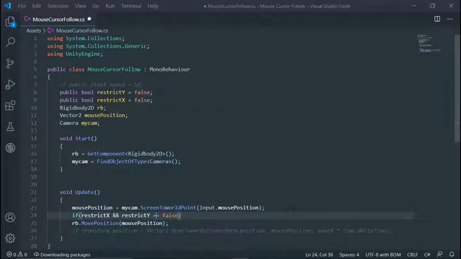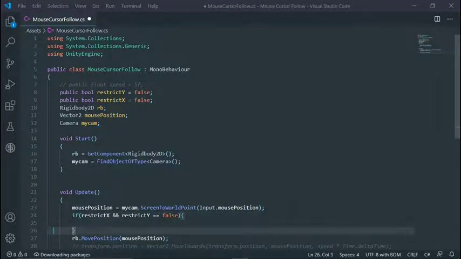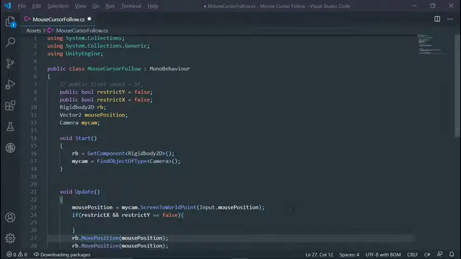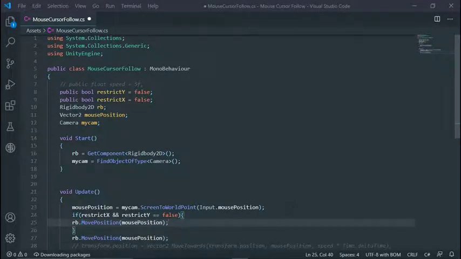If it is equal to false, then let me just copy this, and instead of providing the mouse position, we can say new Vector2, and inside here we are restricting on the X. That means we only want to provide the Y axis, so here we want to say rb.position.x comma mousePosition.y,